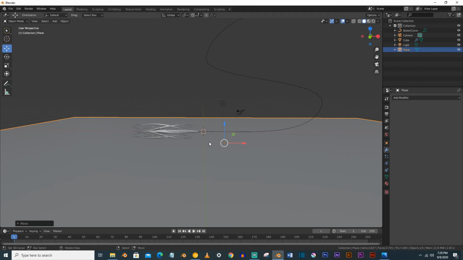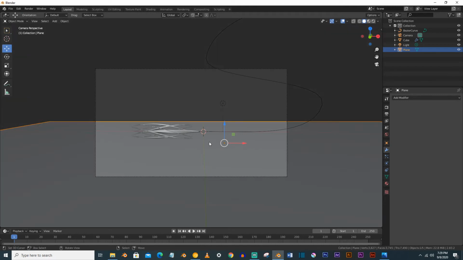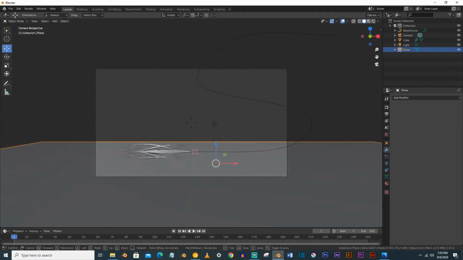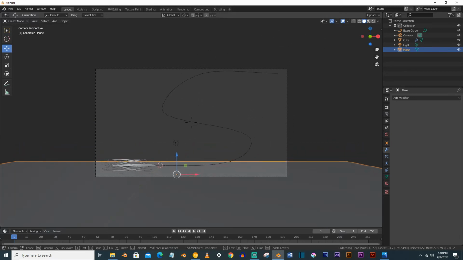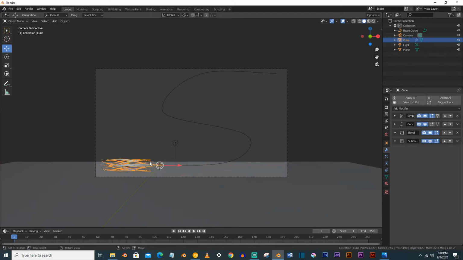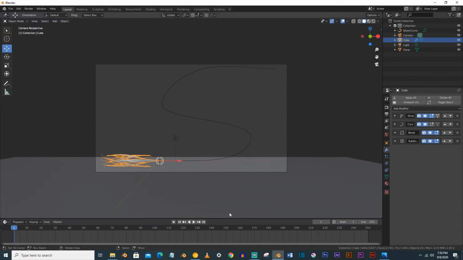Now Control Alt and 0 to make the camera adjustment and make something like this. Now you have to apply the location keyframe.